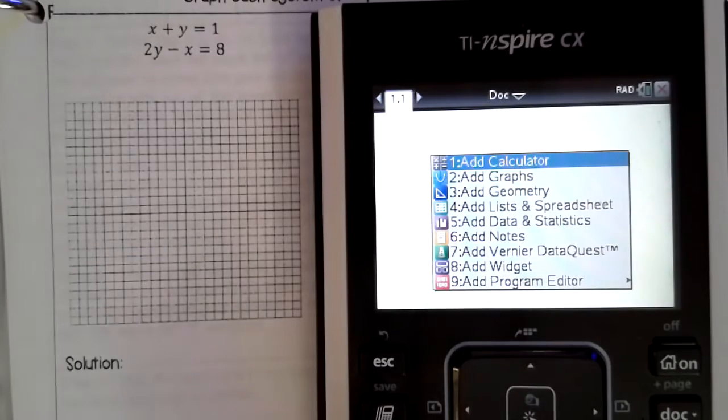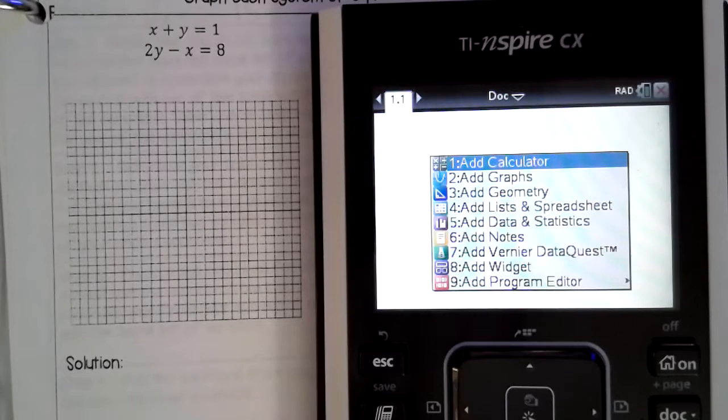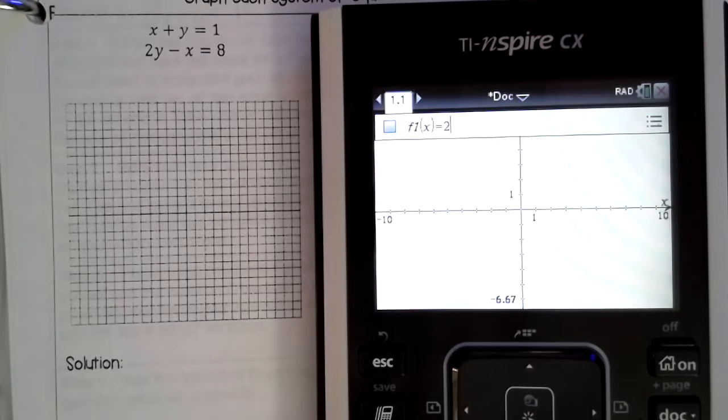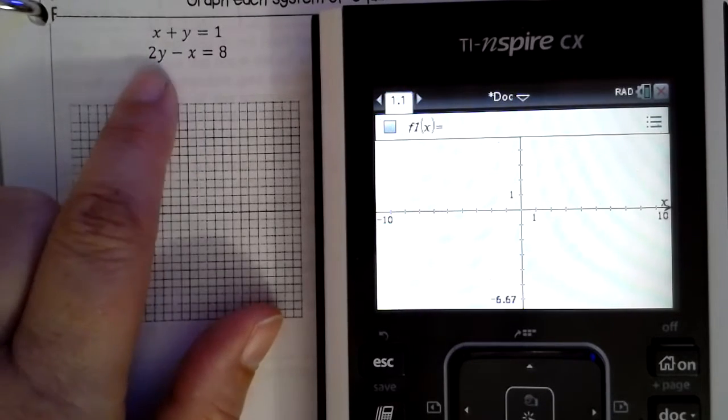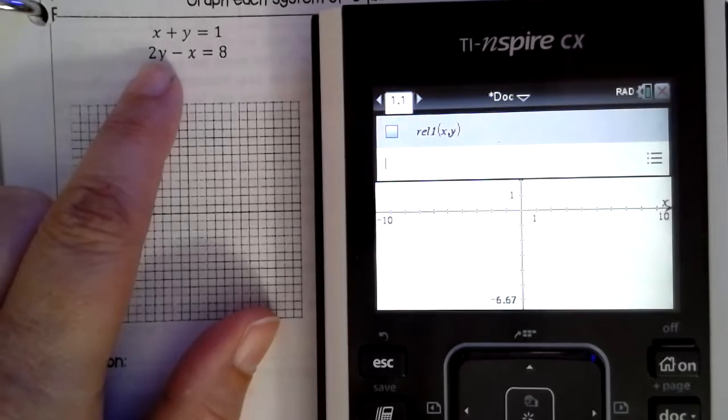Okay, this is a how-to video on how to graph the equations on your calculator and find the solution, the x and y intercept. So first we're going to go to New Document and then pick number 2 for graphs. And because our equations are in standard form, we're going to have to delete out the equal sign and then pick relation. And then this will allow you to type in your equation exactly how you see it on your